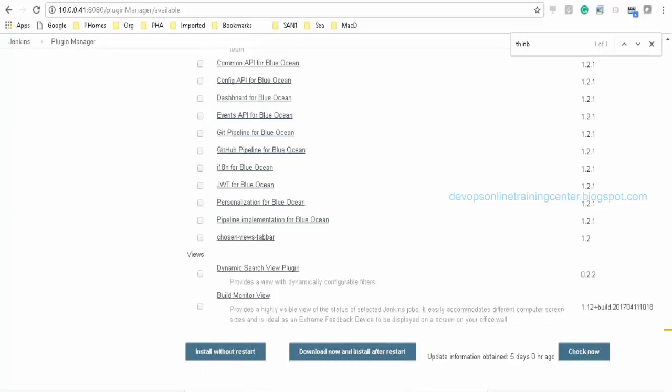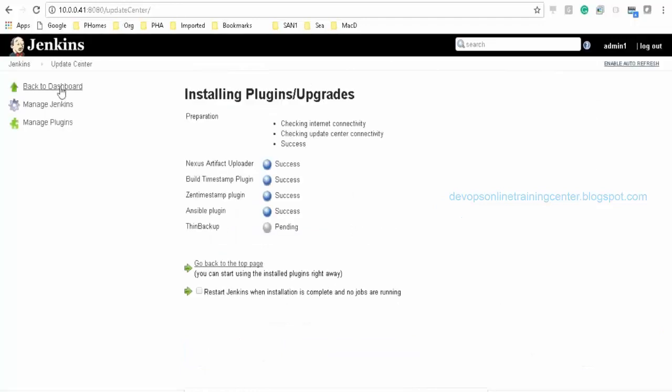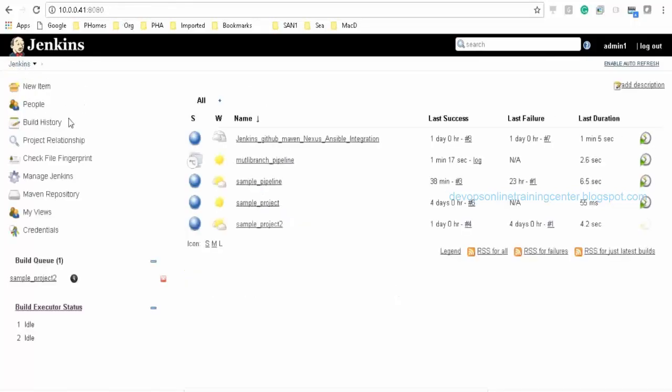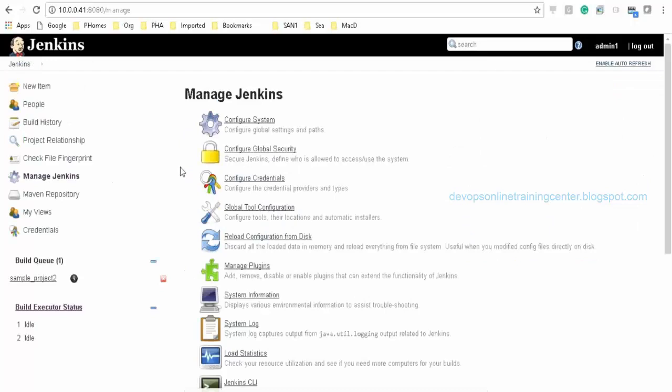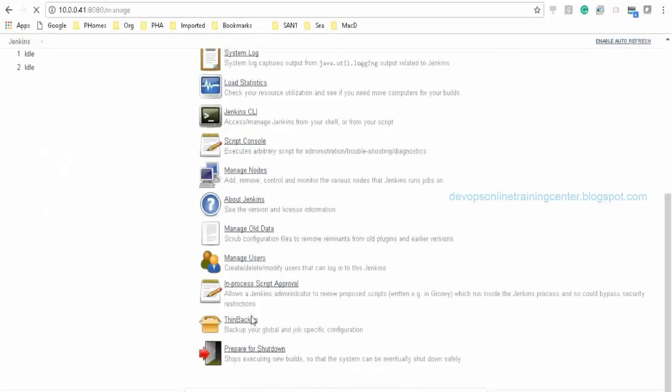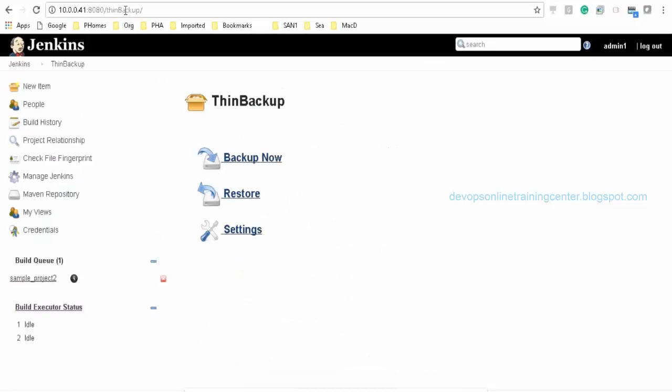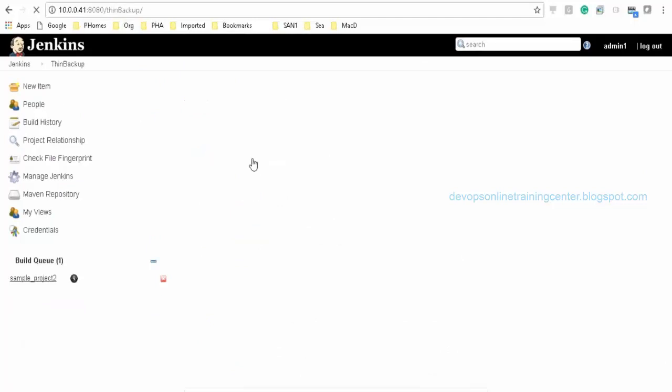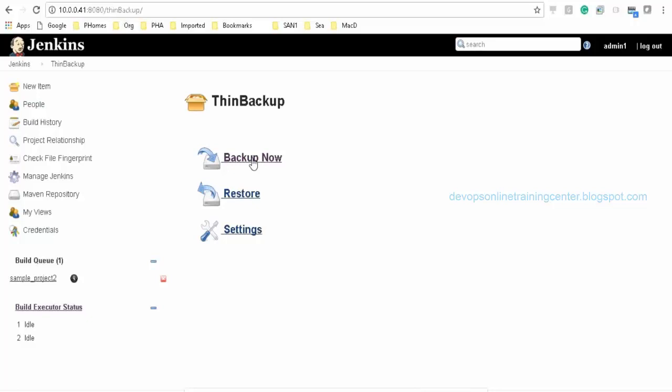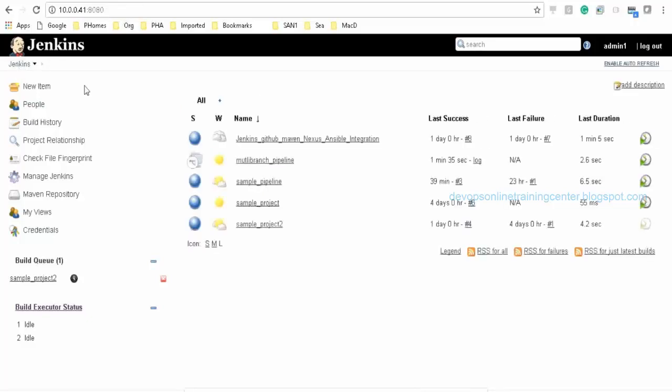We can take a backup of our job, and if for any reason the job is deleted or modified by mistake, we can always get it from the previous backup. After installing the plugin, we get the Thin Backup option in manage Jenkins. Then I can go ahead and say backup now. It will take the backup. Let us say backup is taken.